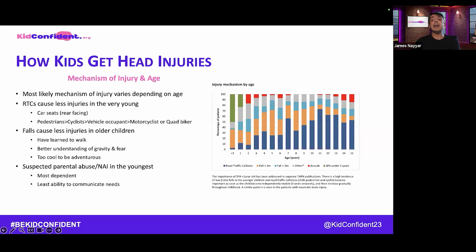And so you can see how the mechanism of injury and age become related, and why paediatricians always go on about the history. Sometimes it's looking for inconsistencies in the story itself and in the reported mechanism related to the child's stage of development to determine if non-accidental injury is a factor.